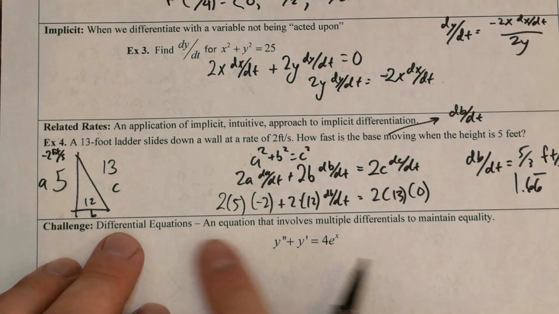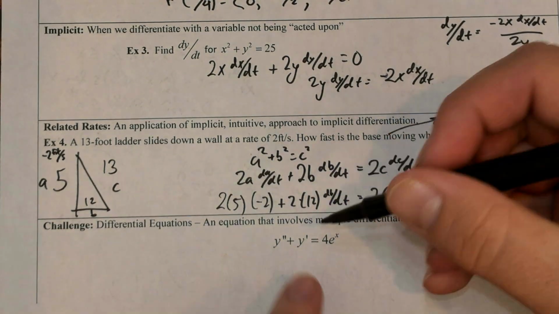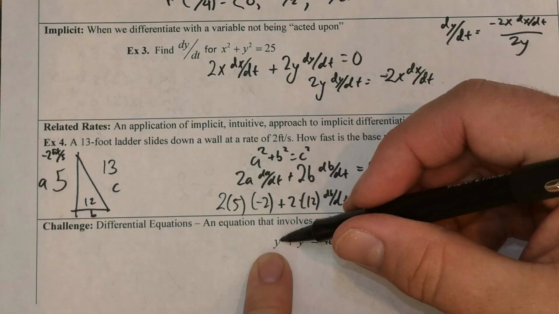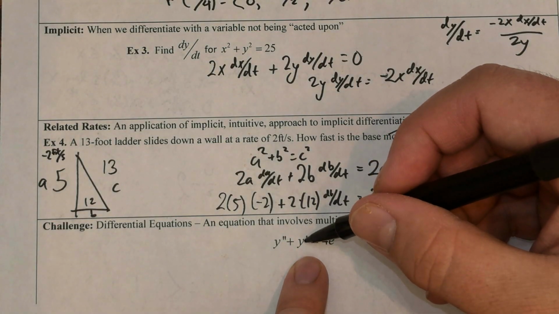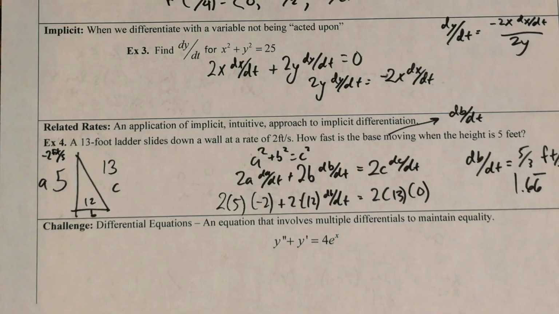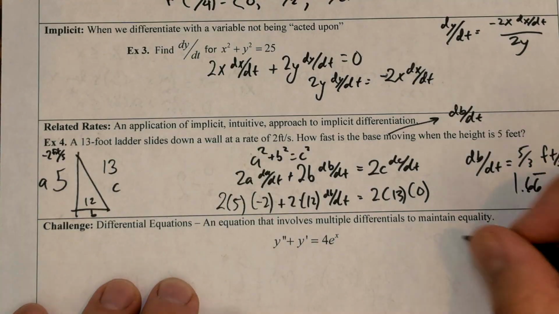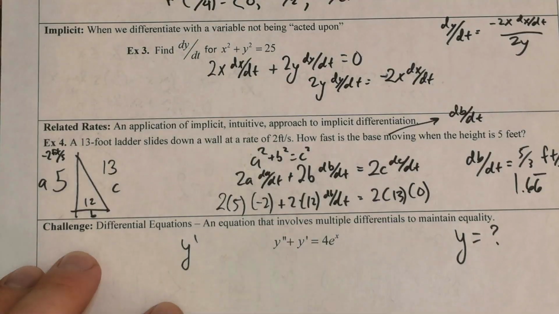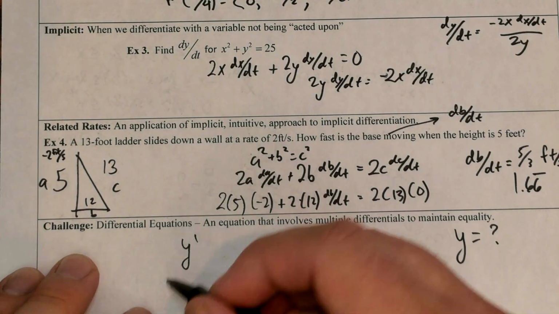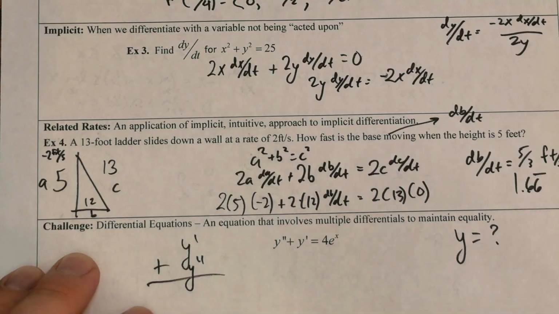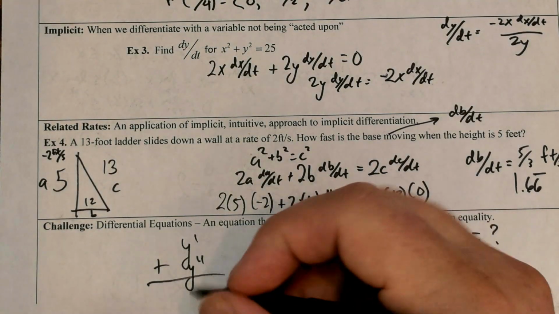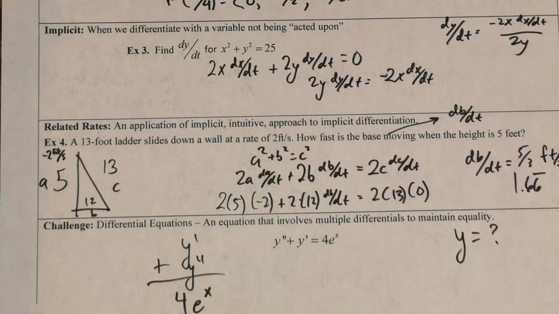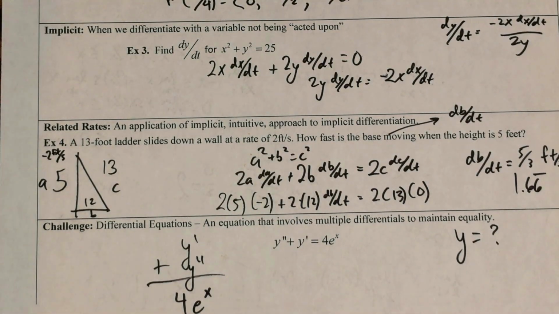Last but not least, just a question to give you and let you kind of chew on. A differential equation. That means what I see here is the second derivative of some function plus the first derivative of some function gives me 4e to the x. And I'll just challenge you to figure that out. You need to tell me, hey, what is y equal to, such that when I take y prime plus y double prime, I would somehow get 4e to the x. I'm not giving you that answer, but I